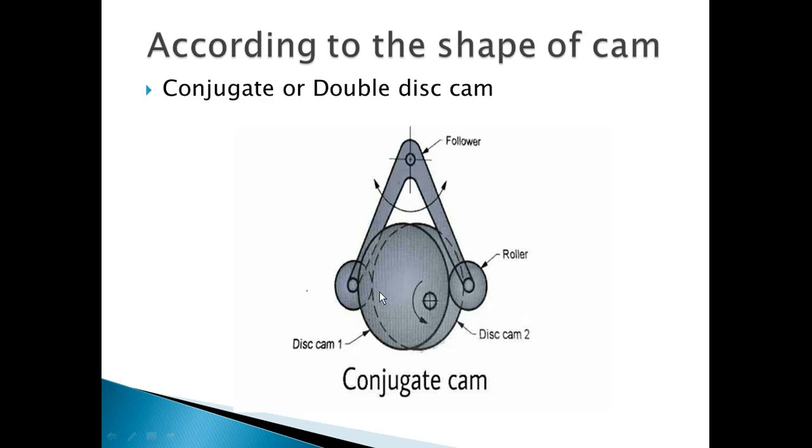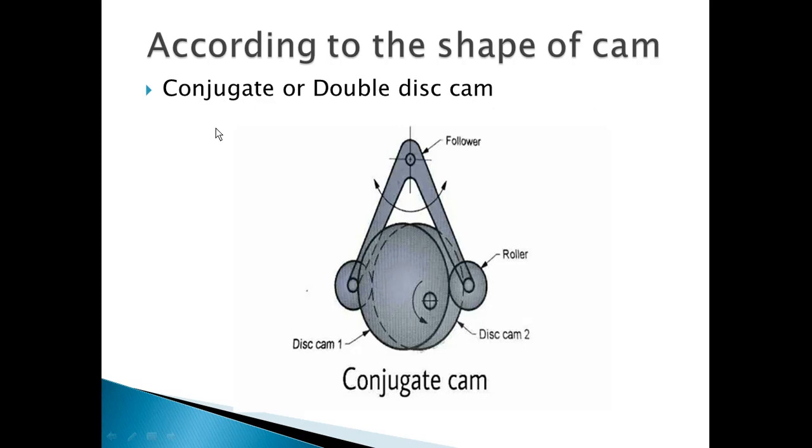This might be the center of the circular disc, but this cam is pinned at this particular point, so it is offset. As it is rotating in anti-clockwise direction, because of this offset, this will force the follower to oscillate about this pin point. Okay, so once again, the input is a rotary motion